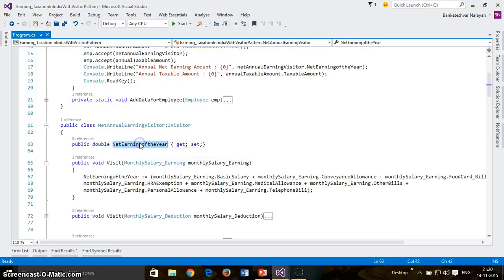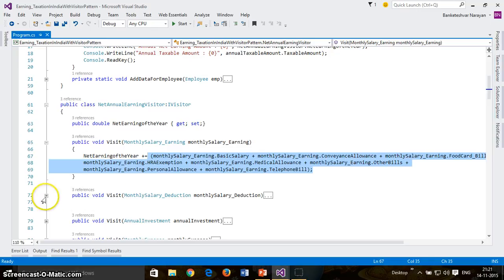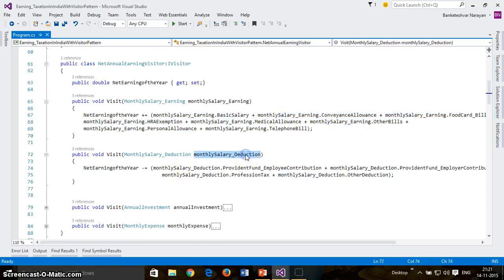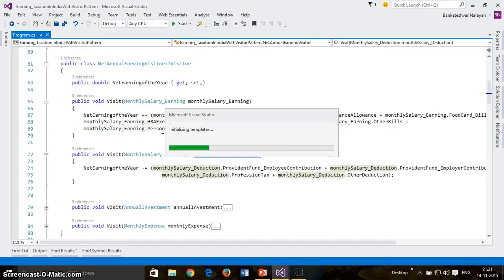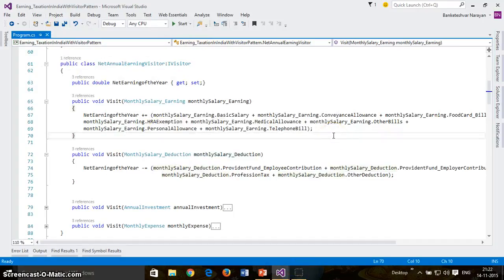So in this class I have taken a data type double, and the variable is net earning of the year. Sorry, in the previous example I was running a for each loop, but here I am not running any for each loop.